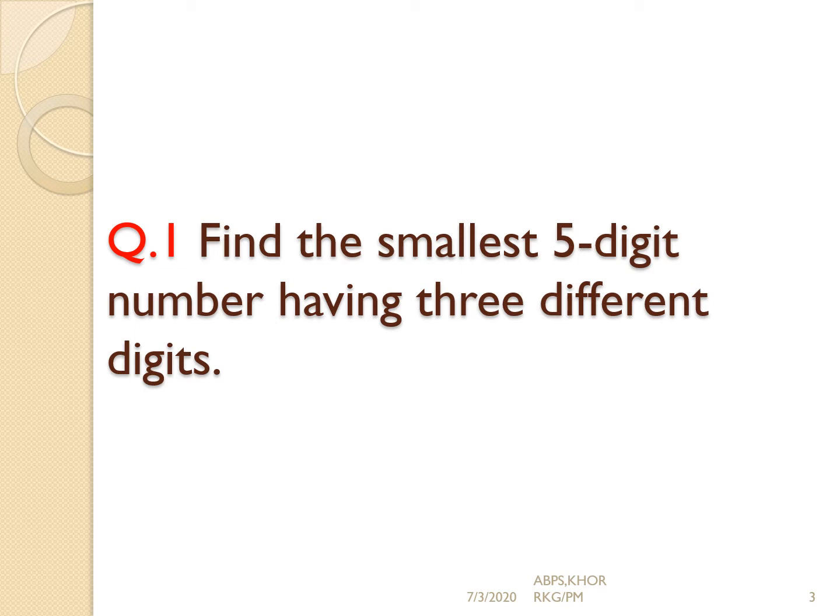Now, let us see what is the first condition here. Smallest 5 digit. It means arrange digits 0 to 9 in ascending order. What you will get? 0, 1, 2, 3, 4, 5, 6, 7, 8 and 9. And we have to take only 3 digits. So, first 3 digits 0, 1 and 2. Now, using these 3 digits, frame the smallest 5 digit number. Come to the next question.